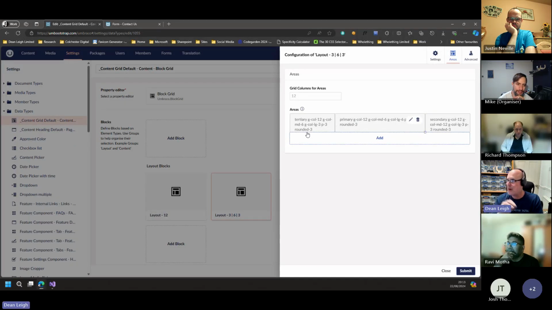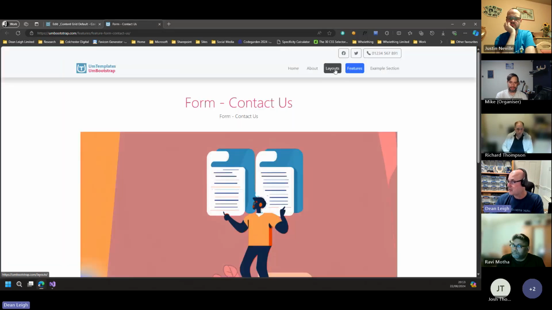So when HQ built this, the only thing that I found was a negative, and they ran out of time because this was just before they started talking about version 14. It's not responsive. When you drag an area, all you can say is whatever size the screen is, this is 3, 6, 3. Which is a problem because on a 363 layout,